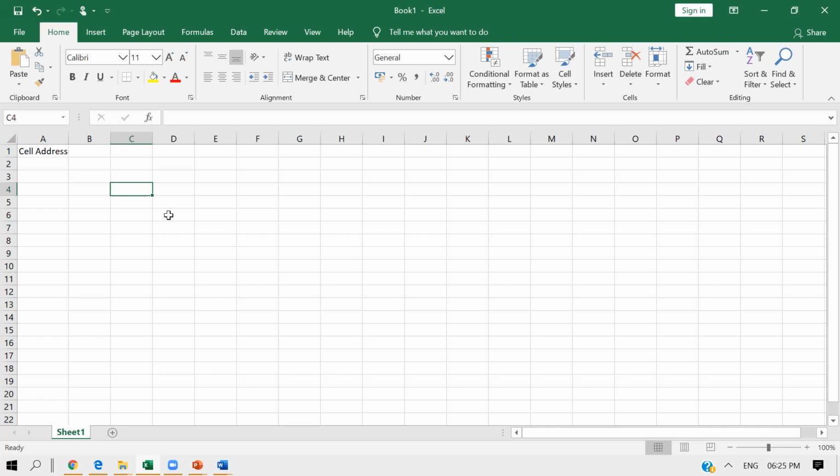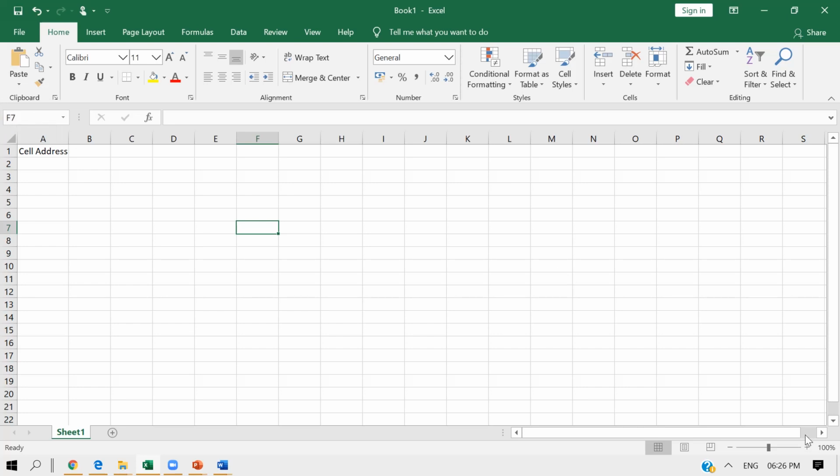Okay, so in your book on page number 38, you have a checkpoint given. You need to solve that and write the cell addresses there. Suppose I am here, this is F column, and the row number is 7, so its address is F7. And how can you verify that? It's written right here in the name box.